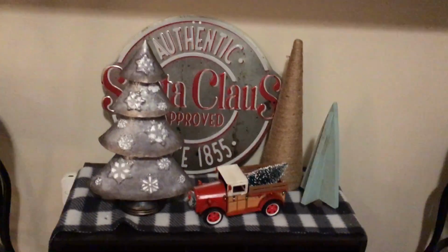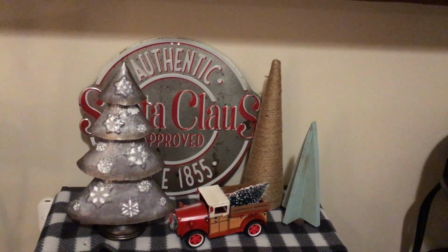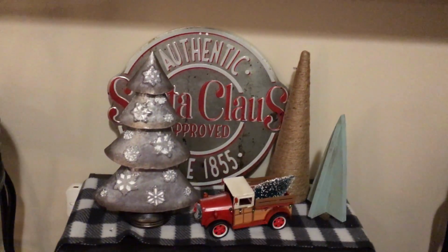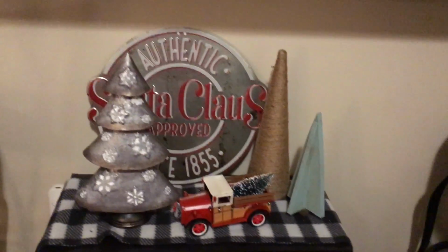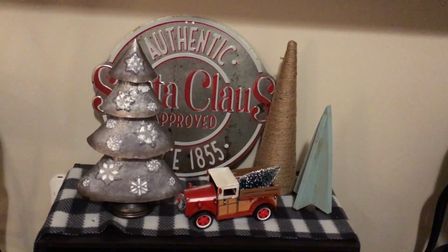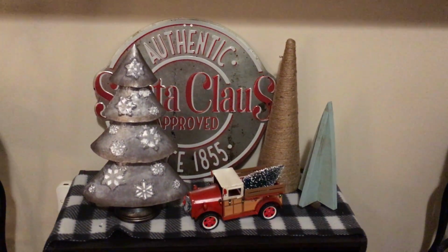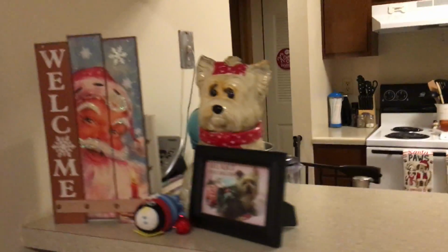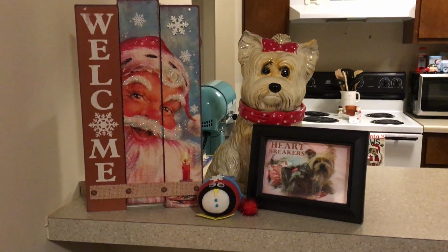Then back here on the shelf, we have the authentic Santa Claus galvanized sign from Walmart. Another one of my favorite finds. And the Christmas tree there came from Big Lots. Absolutely love that. That little red truck there, that came from Target last year. And the two little trees, they also came from the Target Dollar Spot. Then we'll come over here and we have the Santa sign from the Dollar Tree along with a